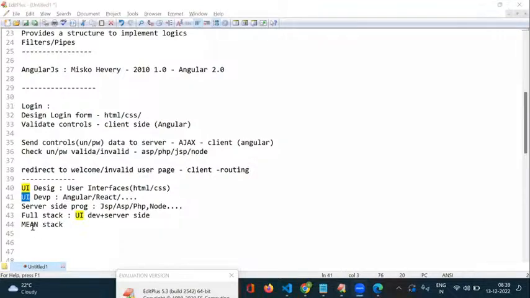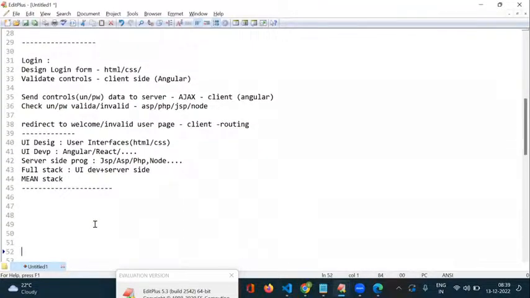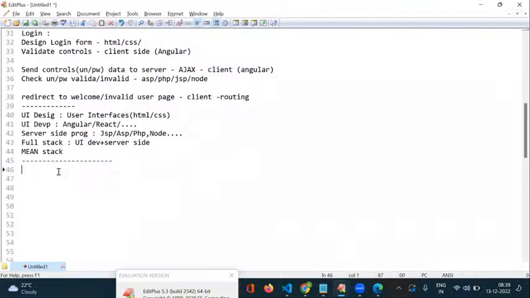Once you have good experience with this UI development, after that you can go with that MEAN stack development also, to extend your professional career. So these are the different types of roles we have. And I told you